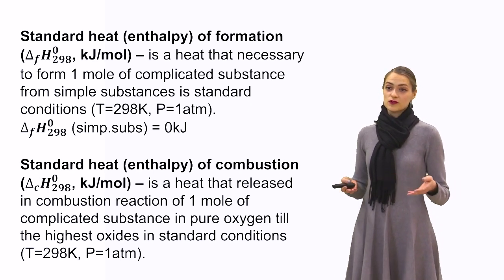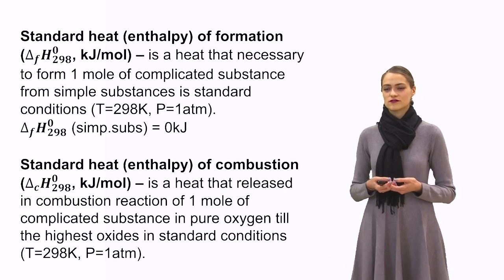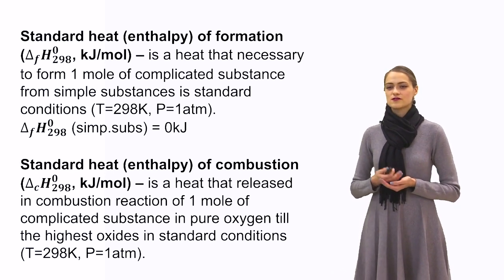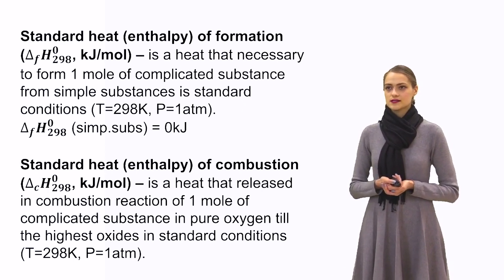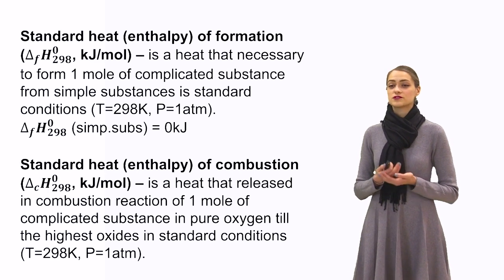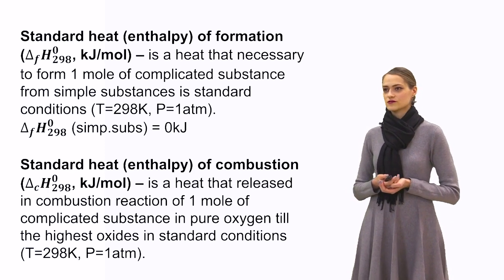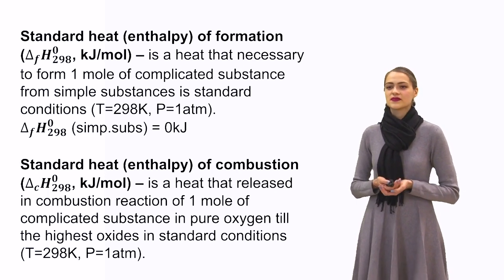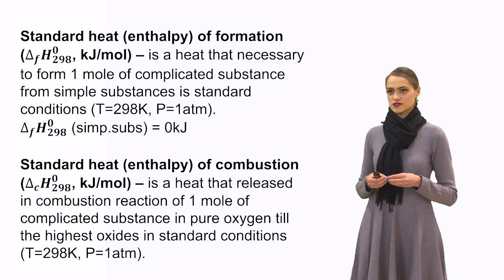But I said that most reactions in our world are combustion reactions. So for these reactions we use, of course, the standard heat of combustion, and you see the difference in expression. Now we write delta C H 0 298 kilojoules per mole, and this is the heat that our reaction produces in the combustion reaction of 1 mole of organic substance, because usually we have combustion reactions with organic substances,